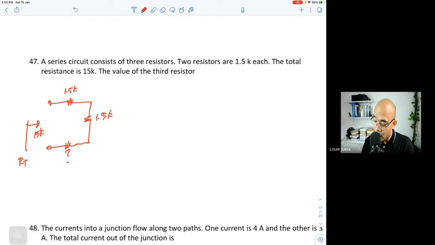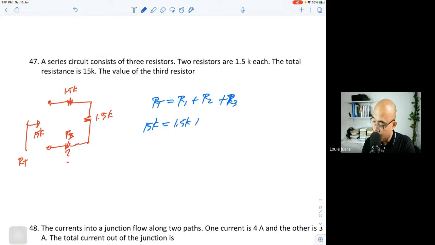To solve for R3, let's go back to the formula for the total resistance in a series circuit. The R total is equal to R1 plus R2 plus R3. The R total is already given, that is 15K, is equal to